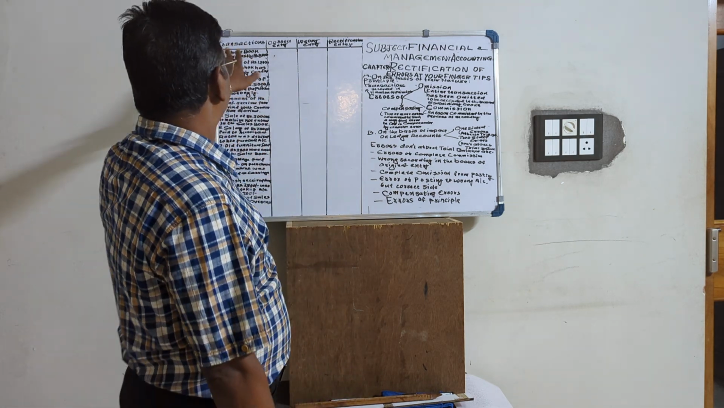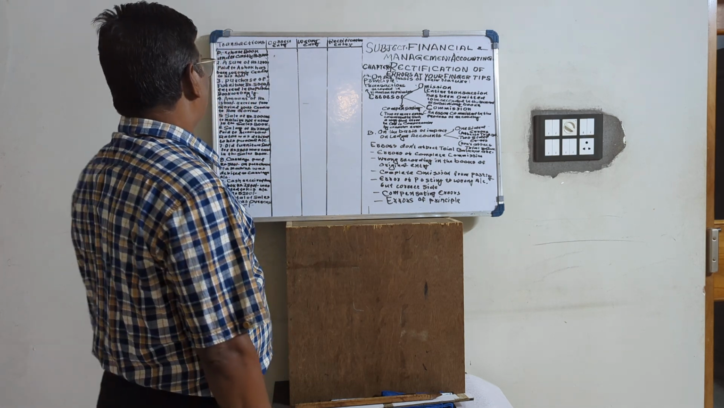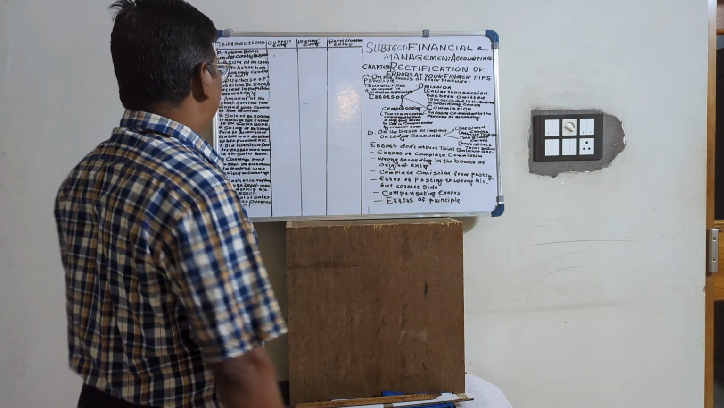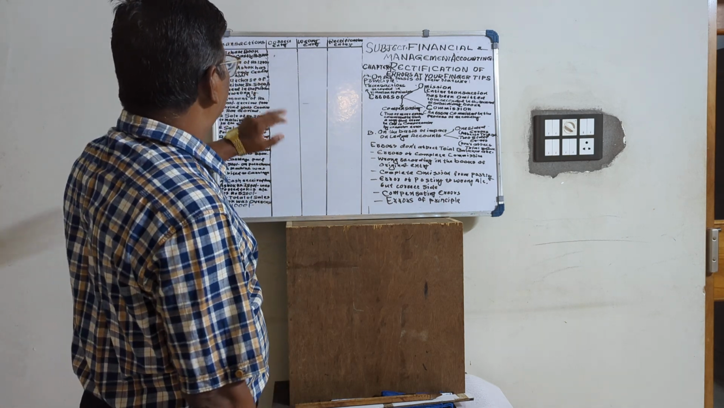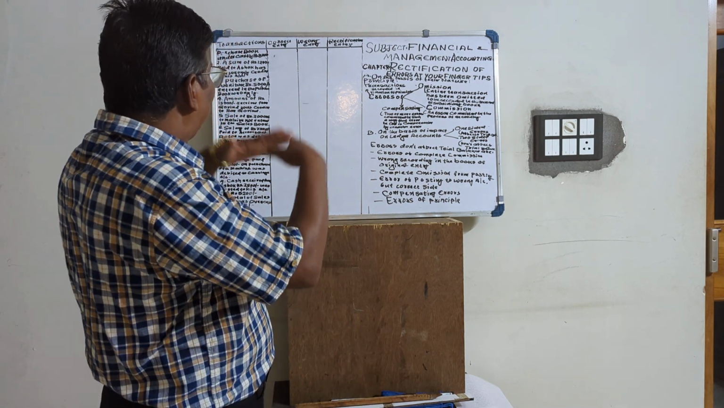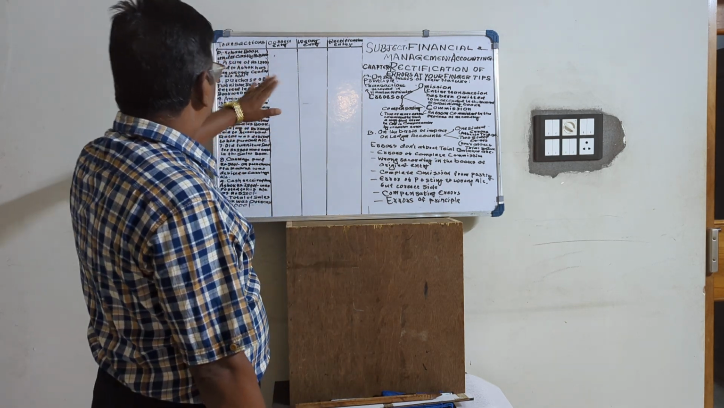So here for each transaction we make 3 columns. One is correct entry, then wrong entry, then rectification entry. For omission of error, wrong entry is nil. There is no wrong entry. Entirely omission. Correct entry should be the